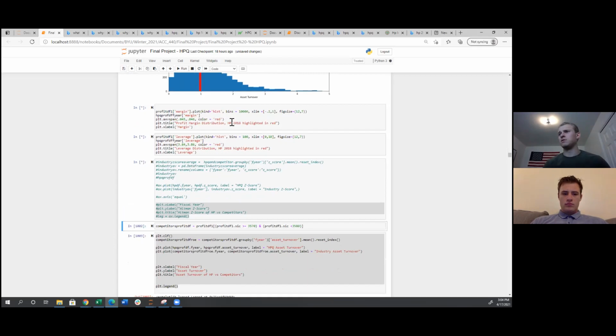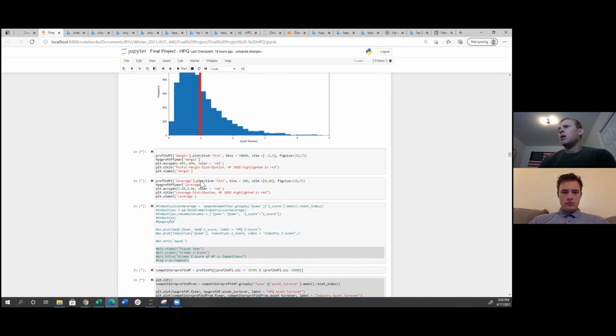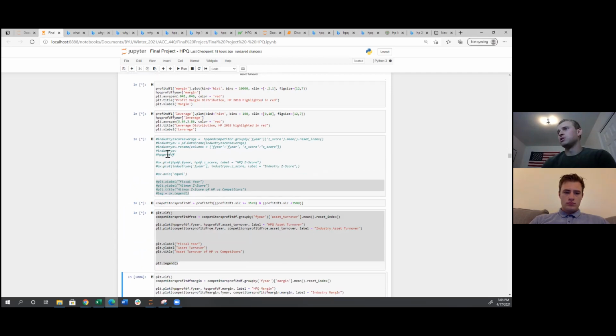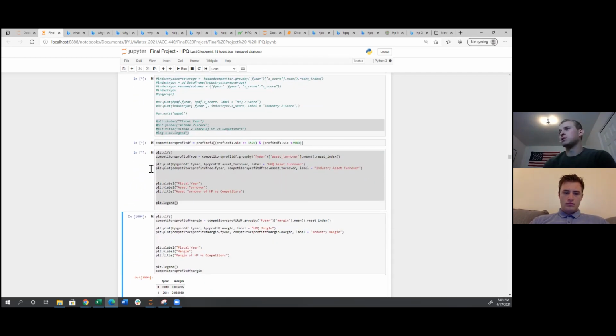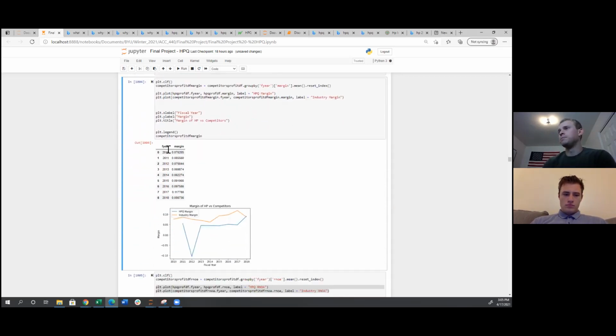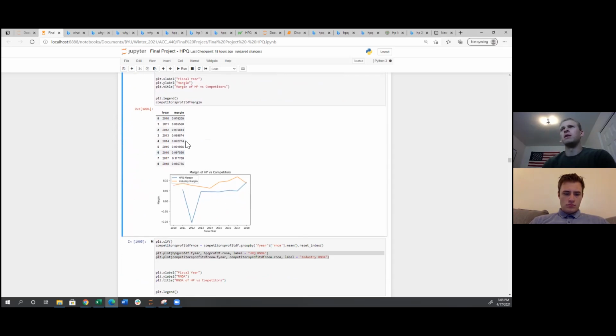For some reason, these didn't run. So these are just various plots that we have, plotting the profit margin and the leverage distribution. This is just some of the code I used earlier to build those out. And then this is also just multiple plots they're running right now. I don't know why they weren't running before. Here we just have the margin,